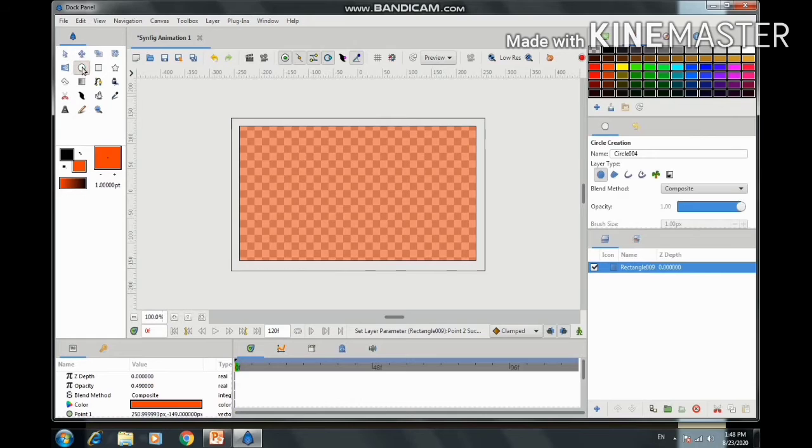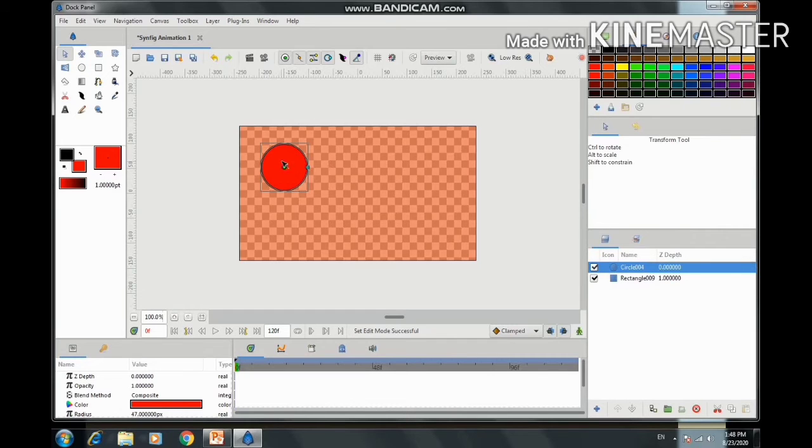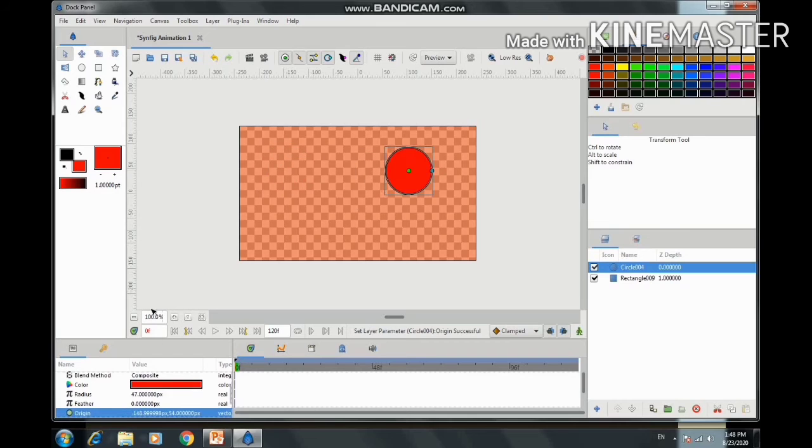Suppose I am selecting circle, then automatically tool options for circle are displayed over here. When I create a circle over here, automatically a circle layer is displayed over here, and as soon as the circle layer is created, the parameters of the circle layer are displayed over here. Okay,